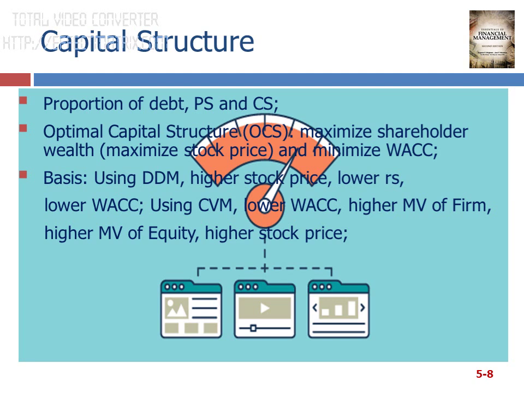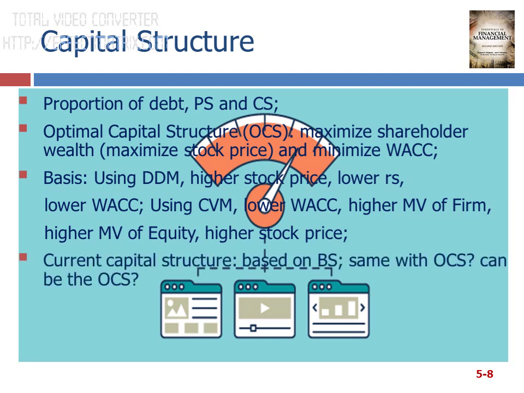And then for the CVM, or the corporate valuation model, using a similar model, the constant growth model, when we compute for the market value of the firm, that is the free cash flow as your numerator divided by your WACC minus your growth rate in free cash flow. As you can see there, if you have a lower WACC in the denominator, it will have a higher effect. You'll get a higher market value of the firm. A higher market value of the firm will give you a higher market value of the equity, hence a higher stock price. So as you can see the relationships of these three using the two models. A higher value will give you a higher price and a lower WACC, or cost of capital.